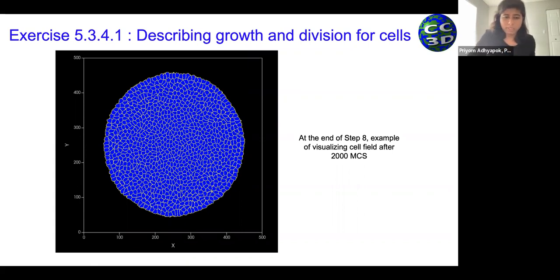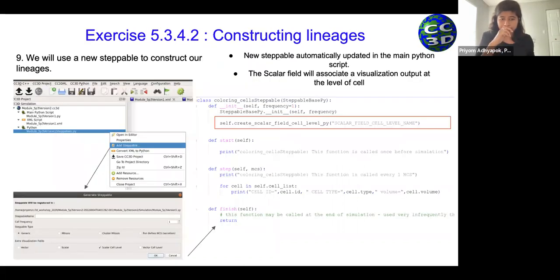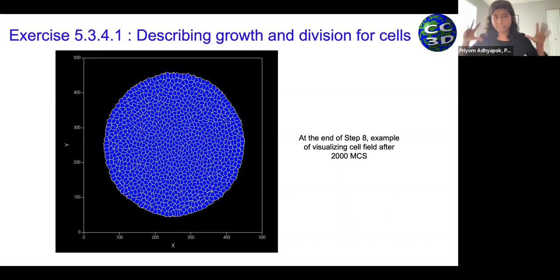Yeah. Okay. So the next couple of steps. So far, what we have done is we have been able to create cells which have grown and sort of divided. What we now want to do is, from this image, which is just showing us the cell field, we want to find out which cells have emerged from which particular cells. And to do this, we're going to need